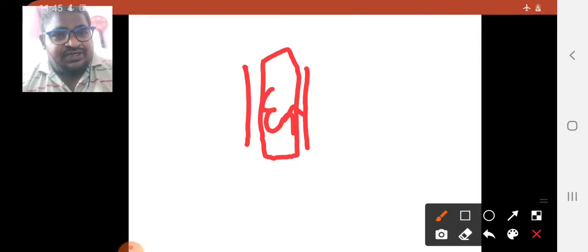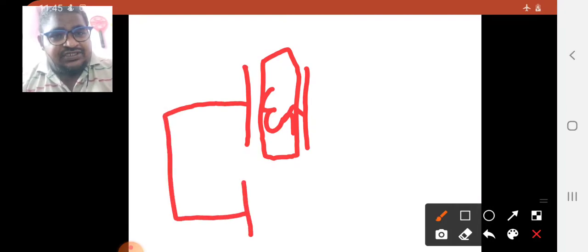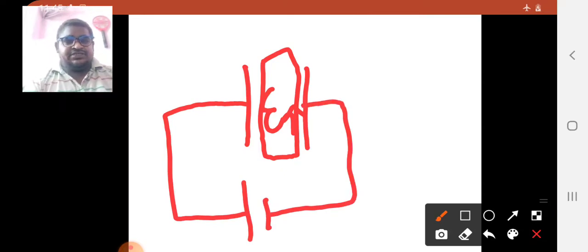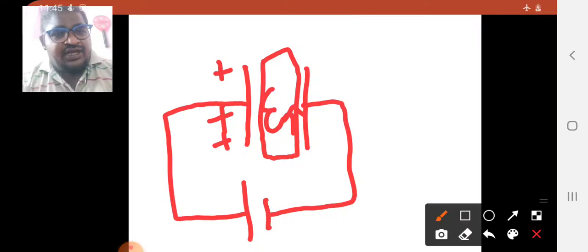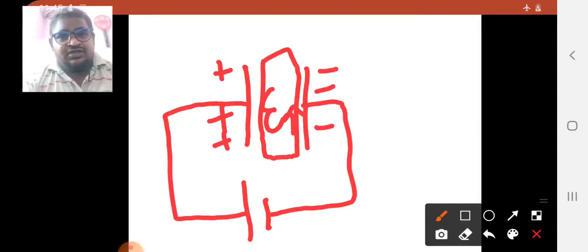Between these two conducting mediums, one dielectric medium is there. Now this capacitor is excited with some voltage V like this. Then what happens? The conducting medium connected to the positive supply will charge positively, and the conducting medium connected to the negative supply will charge negatively. Therefore, we can observe the positive charge and the negative charge.